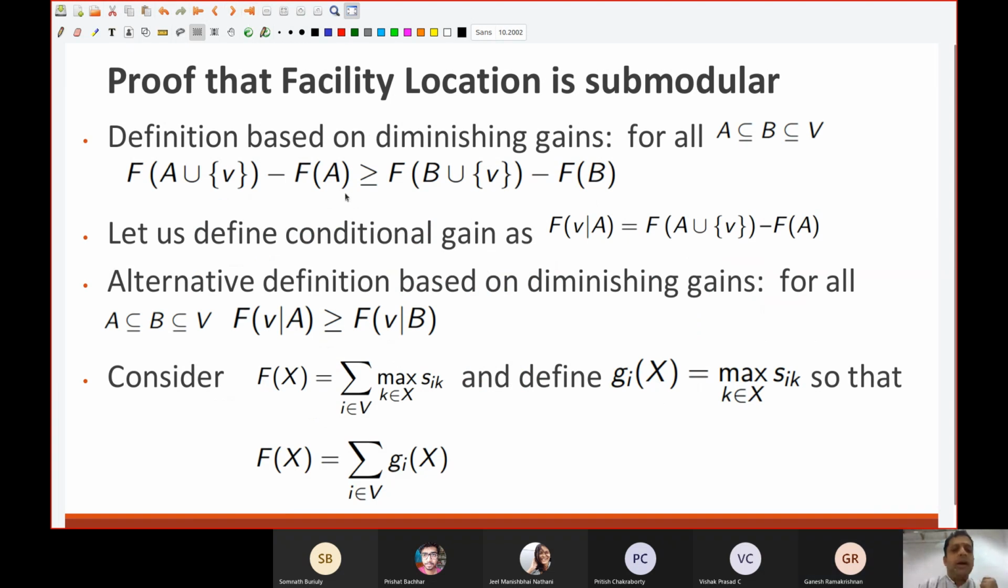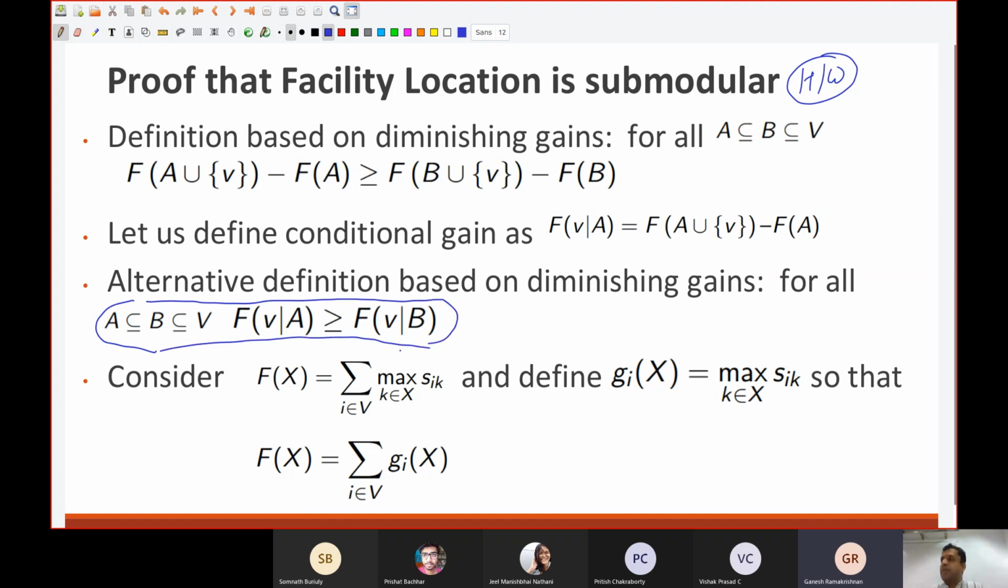So with that, let's look at completing the proof. This was a homework problem. What we did was, we said the conditional gain is f of v given A is f of A union v minus f of A. In terms of diminishing returns, if you have a subset A of B subset of V, then f of v given A should be greater than or equal to f of v given B. So this was hint one, the kind of inequality you could try to arrive at. And the second hint I had provided